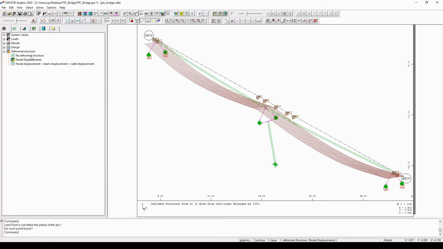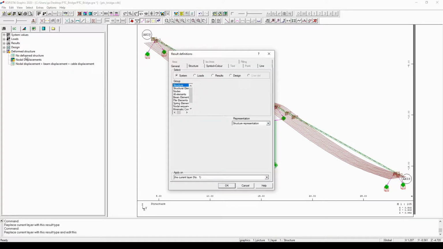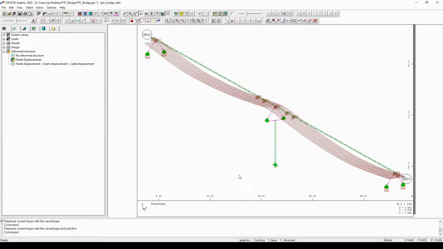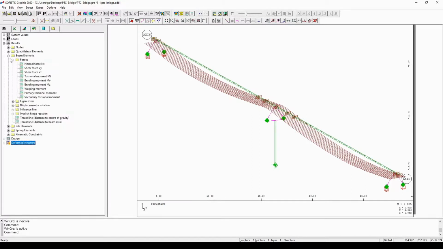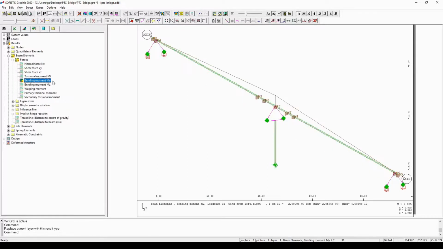all of the results on the no deformed structure opportunity. So I will double click on this no deformed structure and then click on the OK button. And now the original structure will be presented on the screen. For further explanations, I'm going to go back to the results entry, beam elements, forces, and choosing the bending moment MY diagram. And as you can see from load case 31, there is no MY bending moment occurred, which is reasonable. So if we would like to represent or show another load case, then all we need to do is